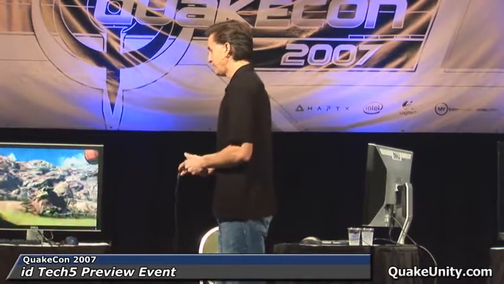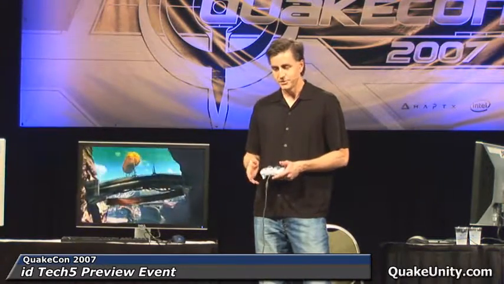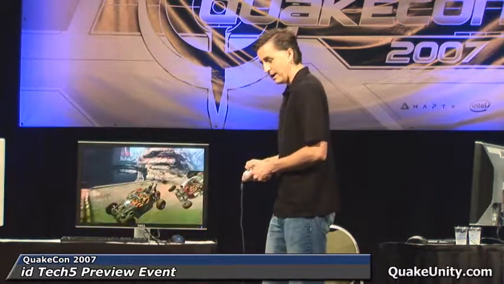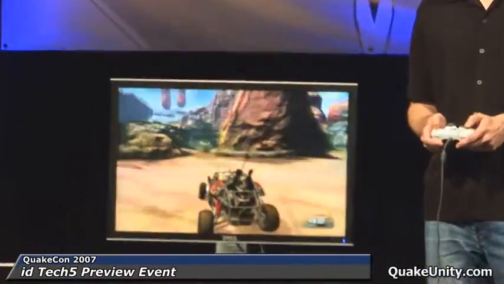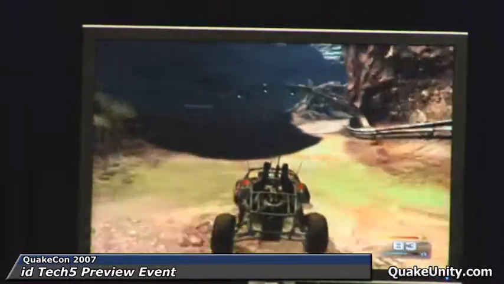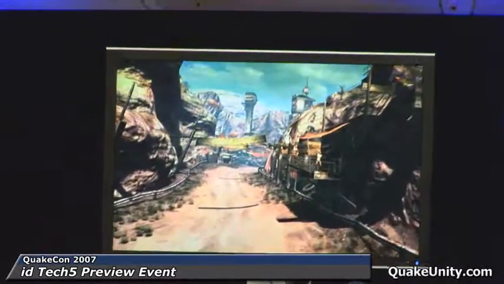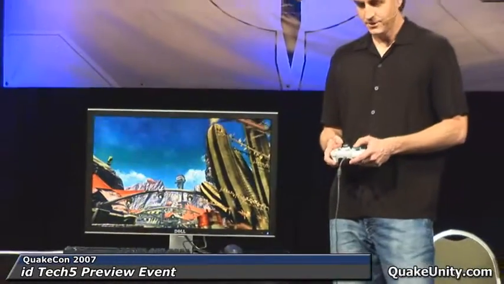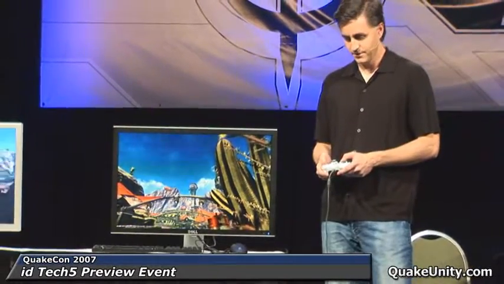I'm going to show a couple of things with the texturing here on the PC version I can break in. And again, this is actually one of our environments from Rage. So that it's not like a typical tech demo where we're just showing you something cool. I can actually get in here, switch it from the AI, take over, start driving, knock that guy around. And at any time, I can actually switch back and let the AI take control here. I can go back to the looping camera, but it's not just a video or a demo here. And if I switch around a couple of different views,